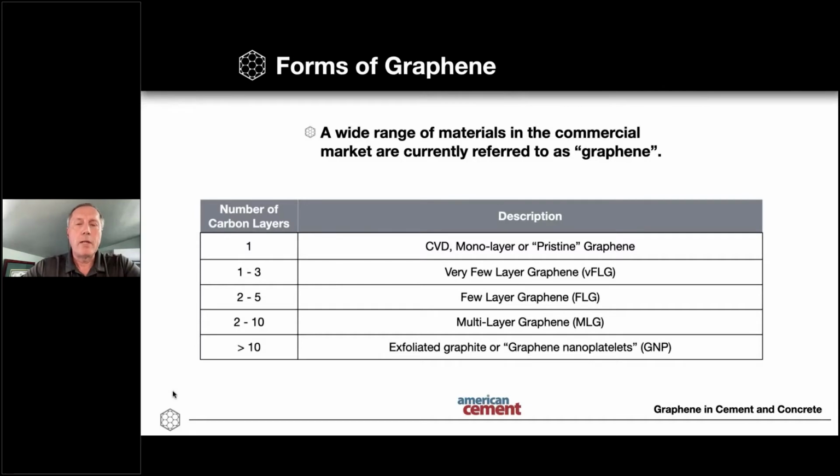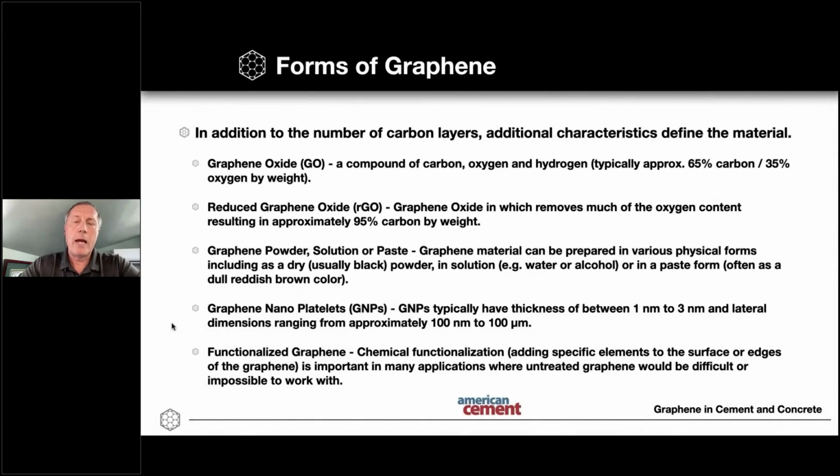material. Now, graphene comes in many different forms. So I mentioned it's a single atomic layer of carbon, but according to ISO definitions, up to 10 layers of carbon can be called graphene. So it's in graphene nanoplatelets. It can be obtained in the form of a powder, as a paste, or as a soluble solution. So graphene oxide is hydrophilic, so it actually can be put into water. And so you have graphene oxide with oxygen content, less oxygen, and a reduced graphene oxide, powder paste, or solvent, as I mentioned. And then also you can do functionalization, which many of our companies do, is they functionalize this material and they can tune it even specifically for cement and concrete applications so that it behaves in an intended way. So there's a lot of ways to use this material, and we simply suggest working with a knowledgeable graphene